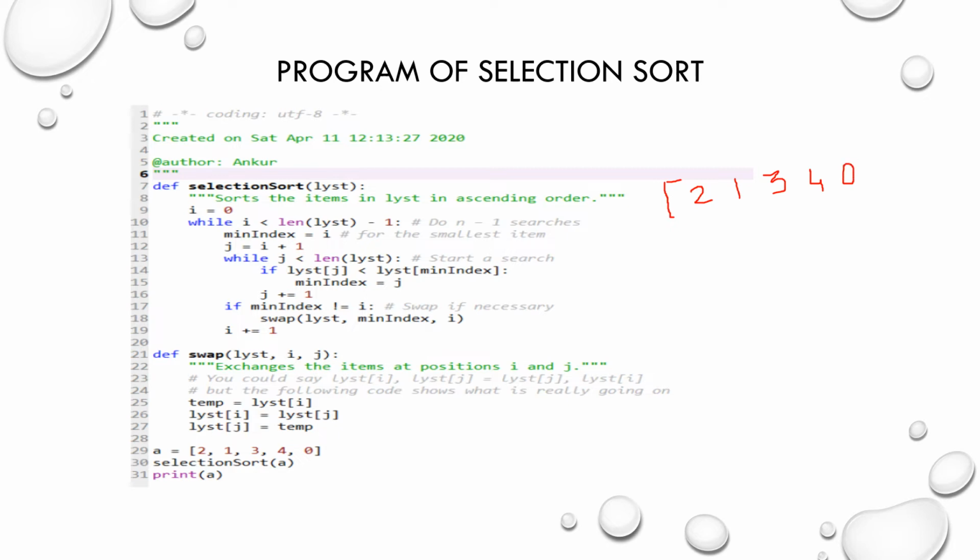Okay, and the index numbers for these elements will be: index number 0, index number 1, index number 2, index number 3, and index number 4. Okay, now